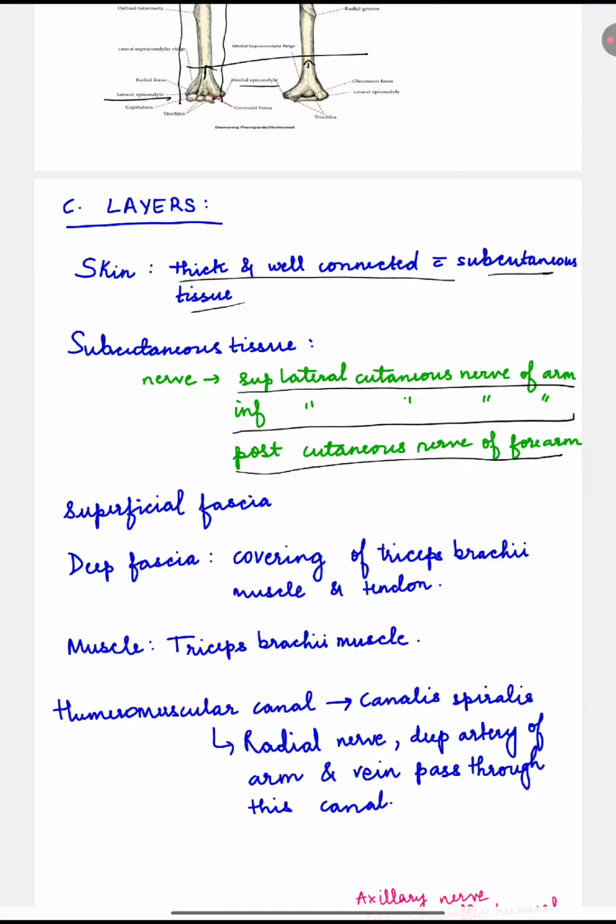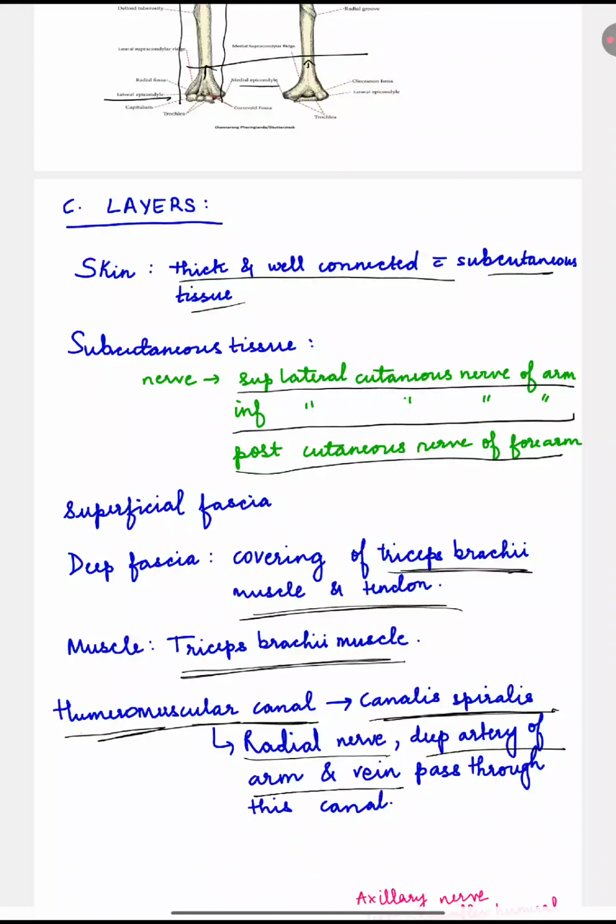Fine. Now there is a superficial fascia. There is nothing, no content in it. Deep fascia forms a covering of the triceps brachii muscle and its tendon. Now the muscle in the posterior arm is triceps brachii, and there is a humeromuscular canal, which is called canalis spiralis. In this canalis spiralis, the radial nerve, deep artery of the arm and vein pass